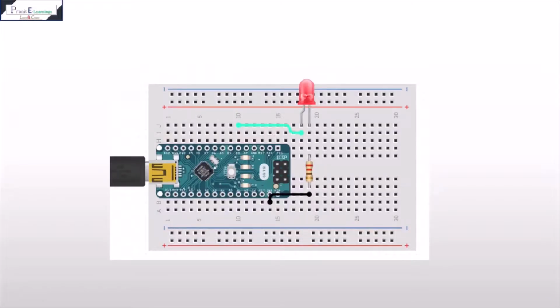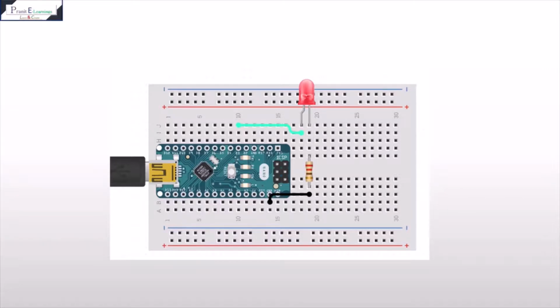So we have here a simple circuit diagram. You can see there is one LED and a resistor for limiting the current. Just keep in mind that whenever you connect the LED to the ground and to the Arduino digital pin, you must connect your LED to the PWM pin of the Arduino, and the PWM pin is indicated by the sine wave symbol on the Arduino board.